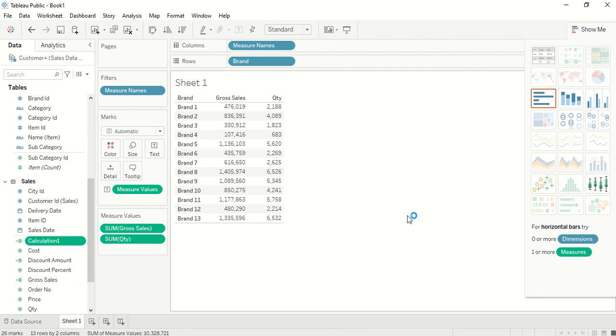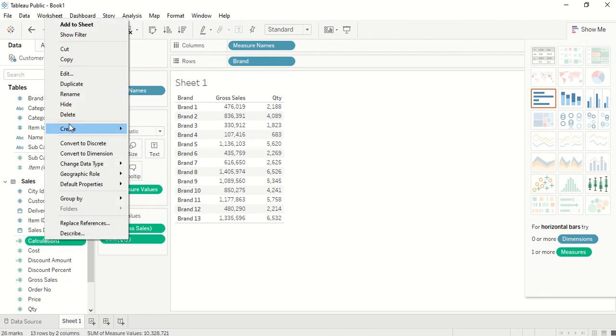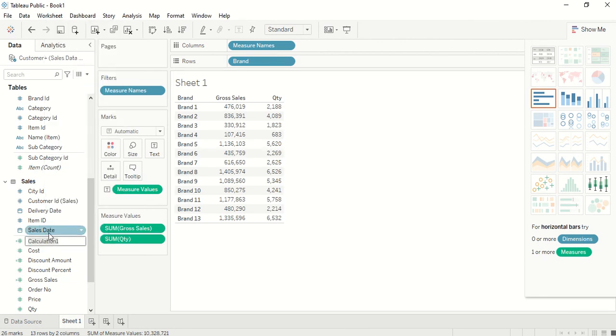So we got the calculation, we forgot to rename, so we can go ahead and call it net sales. Now we have something known as COGS also here, so we are going to create cost of goods sold, and from there we are going to calculate the margin also. So what we are going to do is, let's create cost of goods sold.